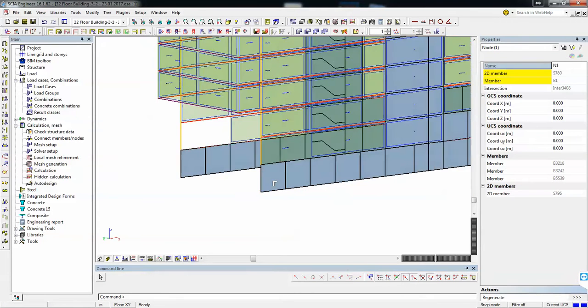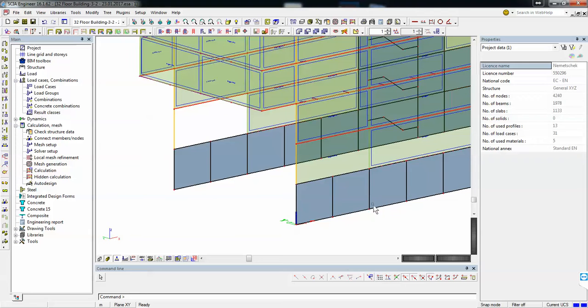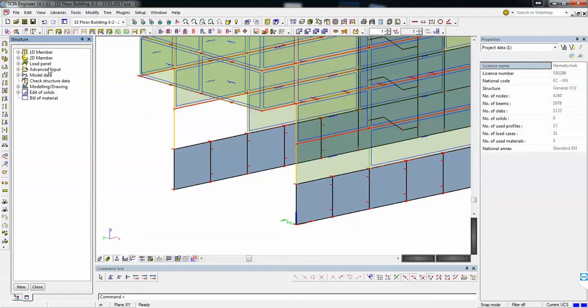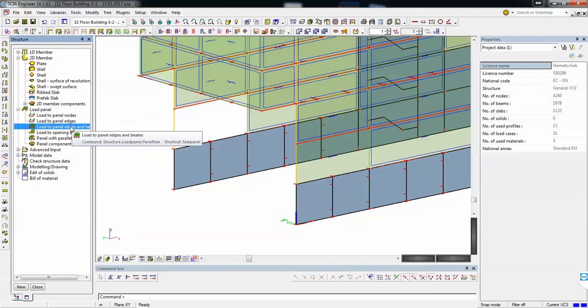Okay. And I'll have to draw another panel here. So we assume the building is fully closed.